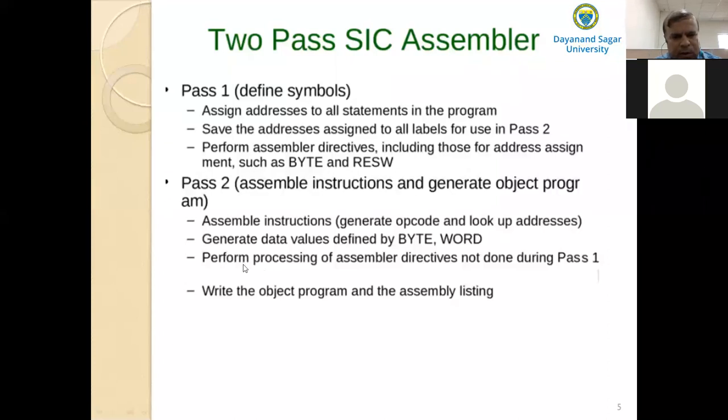Then perform the processing of assembler directives not done during pass 1. Finally, write the object program, which contains the header record, text record, and the end record, and the assembly listing. So this is the function of the two-pass assembler.